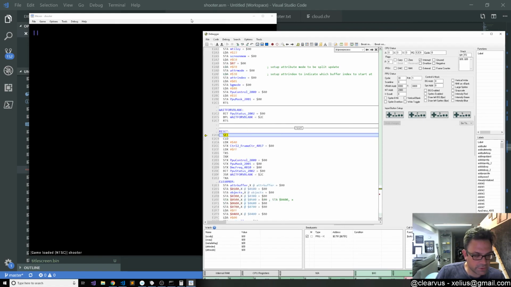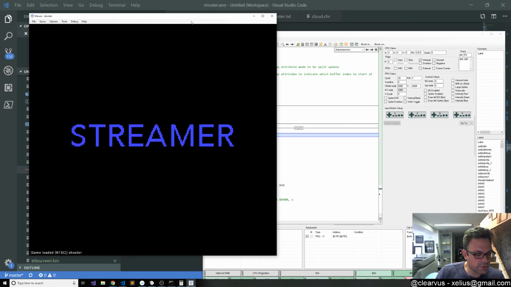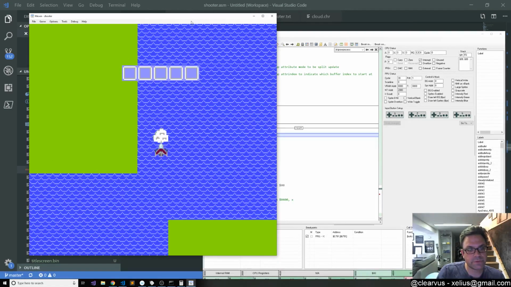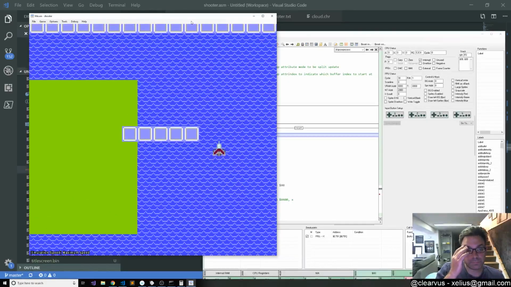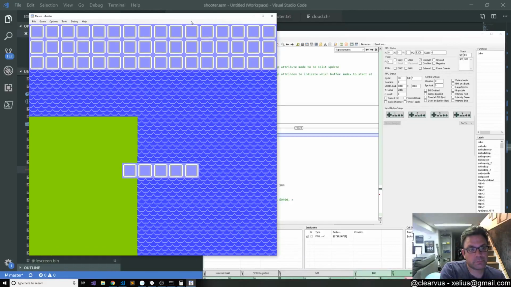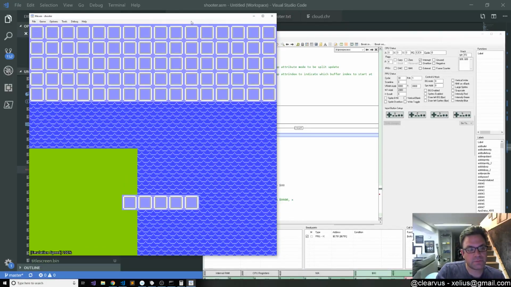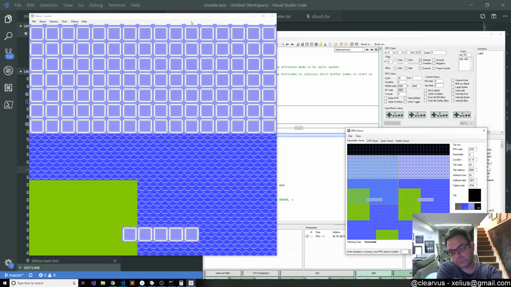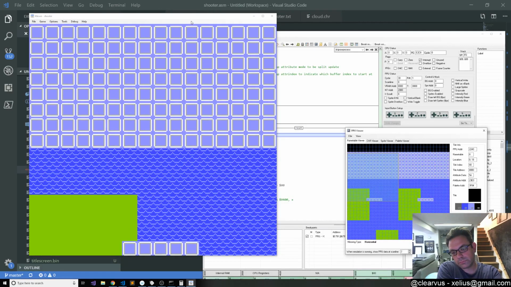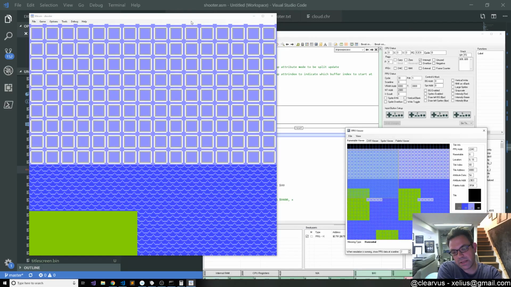We've almost got this working as far as switching to repeat scroll mode. So let's take a look at this here. What's happening is when we flip over to the lower name table, it looks like we're updating